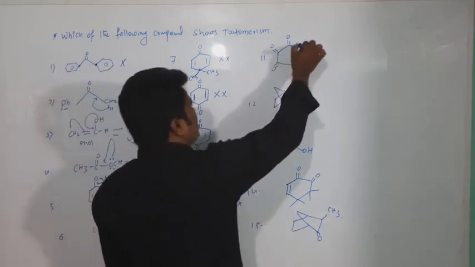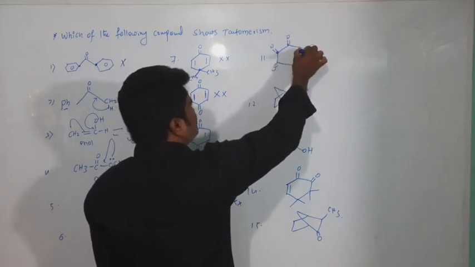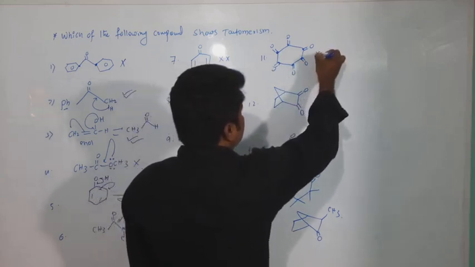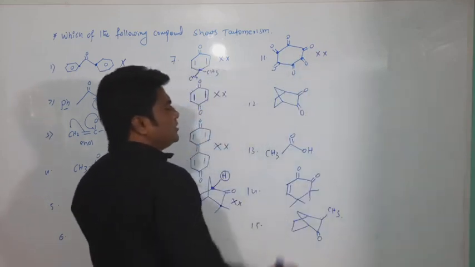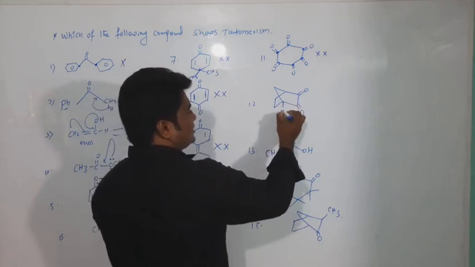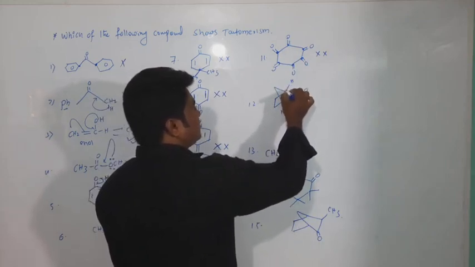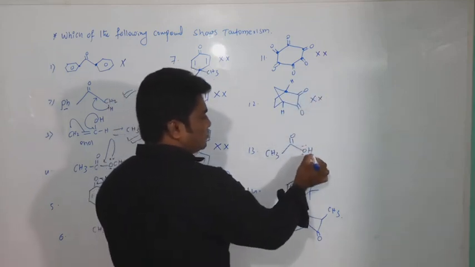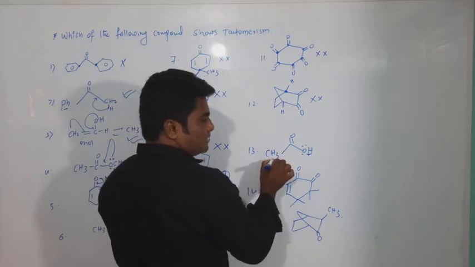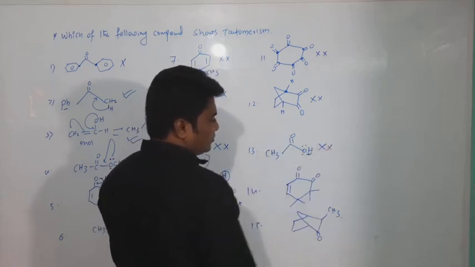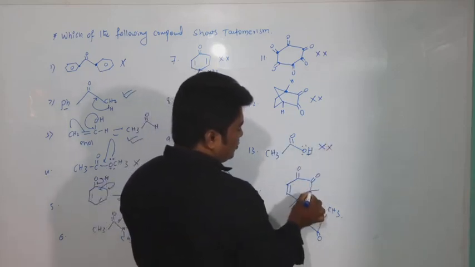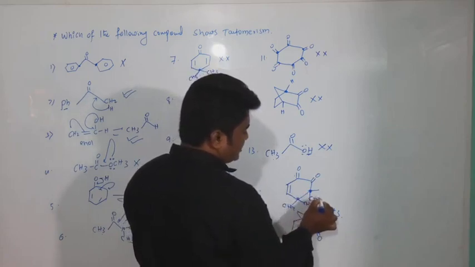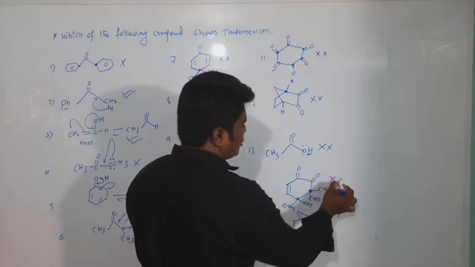Now see here, in this case all are carbonyl groups. It means all are sp2 hybridization. There is no sp3 carbon atom, no alpha hydrogen atom. It means it does not show tautomerism. Here see two carbonyl groups, two alpha hydrogens are there, but they are what? Bridgehead carbon atoms. Bredt's rule does not allow it. Here this carboxylic acid is more acidic. It means this hydrogen is not involved in the resonance. Not tautomerism. Here two carbonyl groups, sp3, but there is no alpha hydrogen atom. All are CH3. It means no tautomerism.